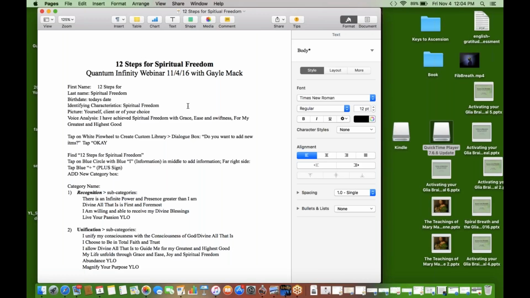You can put a picture of yourself in the analyzed client image, or if you're doing this with a client, you can take their picture, or you can choose a beautiful picture of ascension and enlightenment, something that uplifts you, and put that in there. So for analyze client,